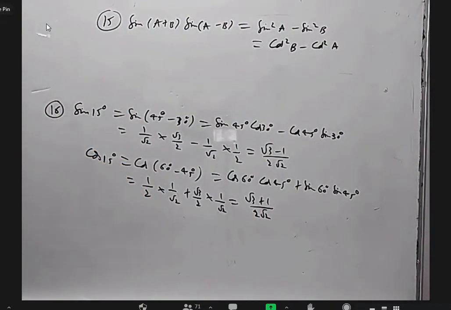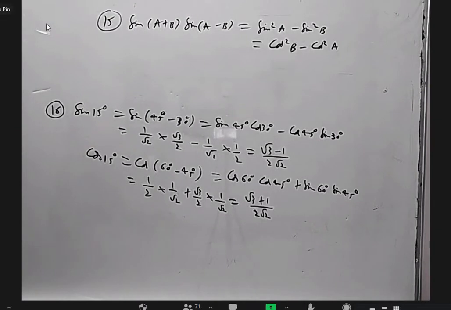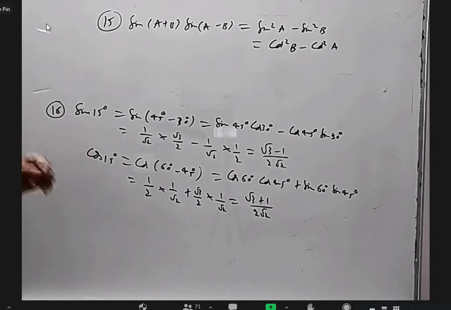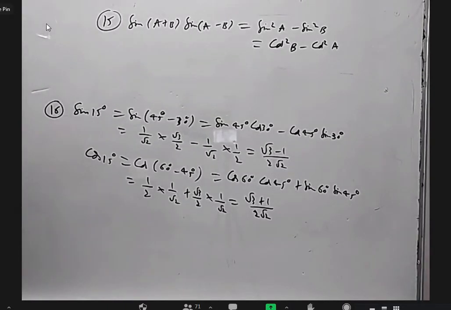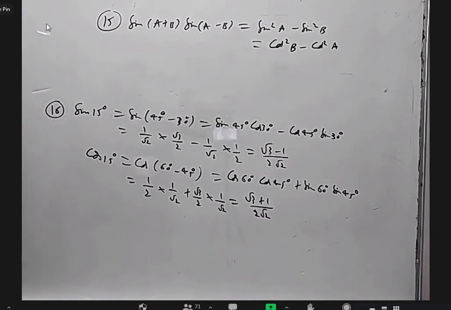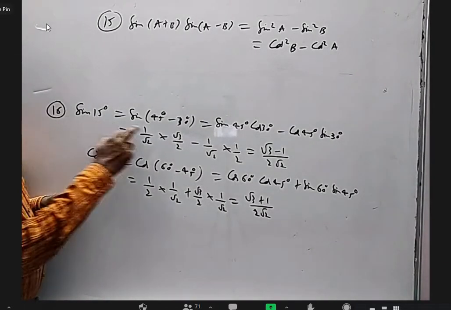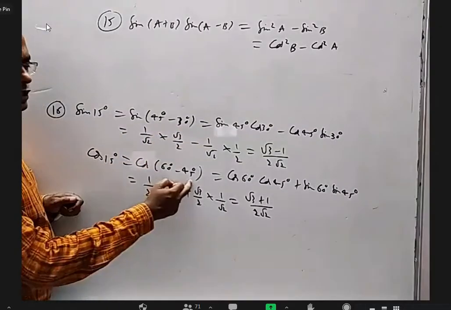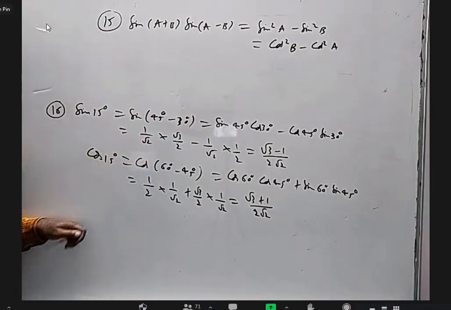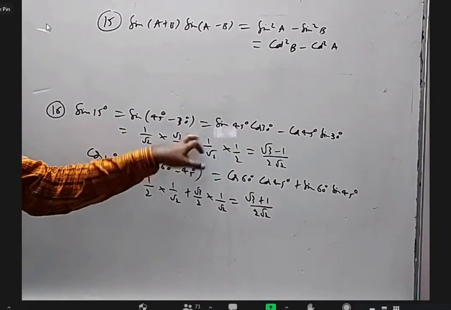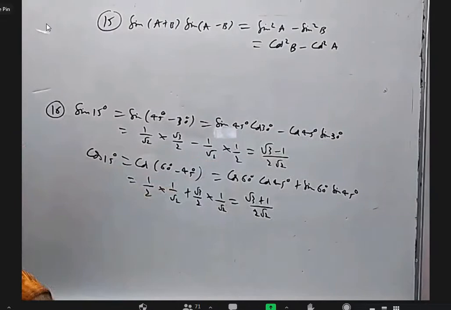Okay, like we remember sine 30 degrees, sine 45 degrees, sine 60 degrees. Now we should also remember sine 15, sin 75, cos 15, cos 75, tan 15, tan 75 values. Okay, sin 15, how to find? Either you can write 45 minus 30 or you can even write 60 minus 45. Both will give you the same answer. And then use the compound angle: sin(A minus B) is sin A cos B minus cos A sin B.